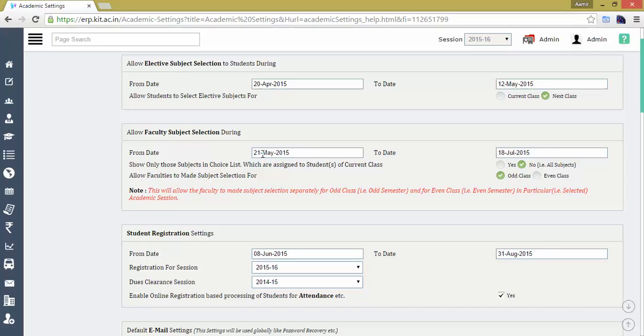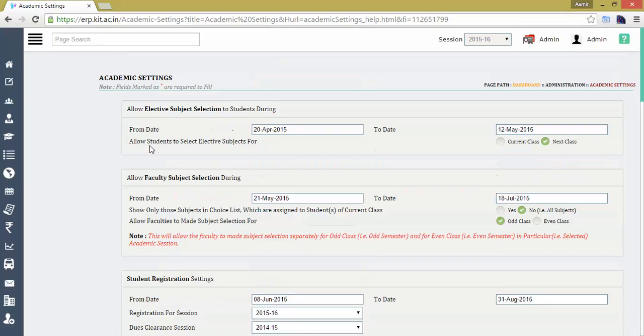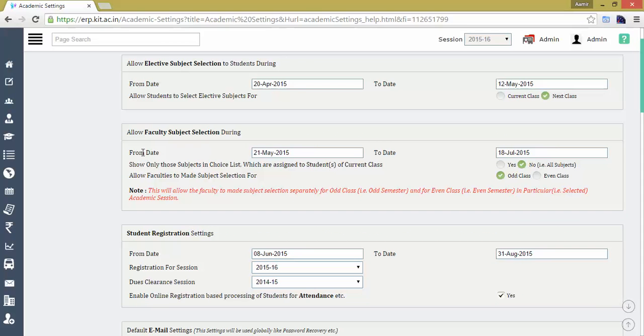Now we will proceed to the second section available in the academic settings. The second section is allow faculty subject selection during. In the same way as we discussed the elective subject selection for the student, here is the same kind of section available for the faculty.